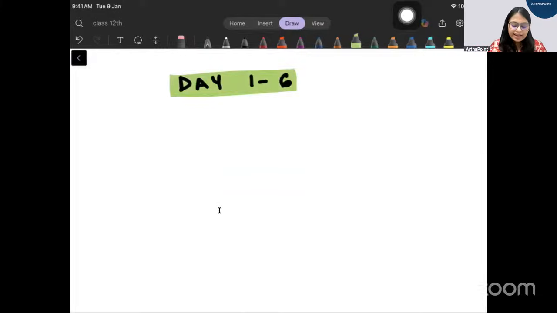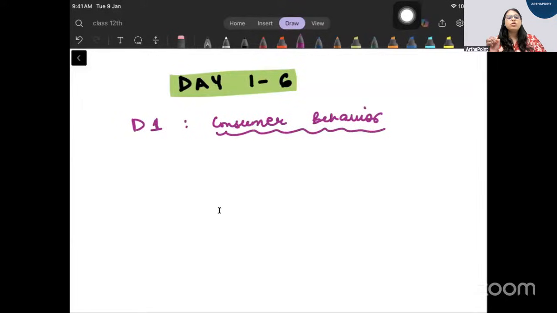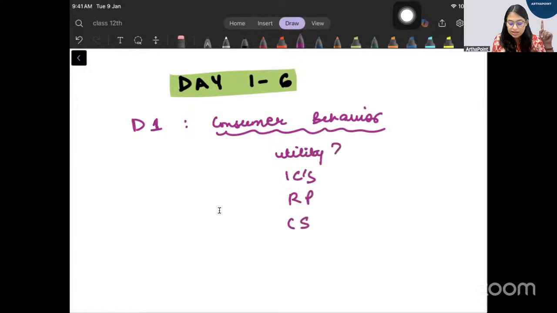Right? Day 1, you will begin with consumer behavior and you will wrap up consumer behavior thoroughly. माने all things related to utility, all things related to indifference curve, revealed preference, consumer surplus, but you will skim